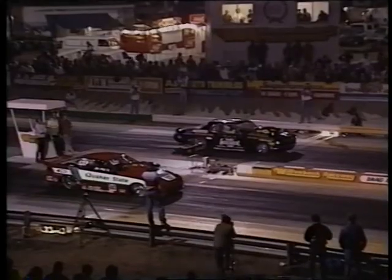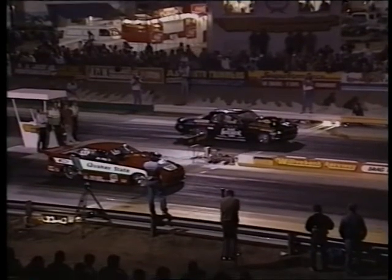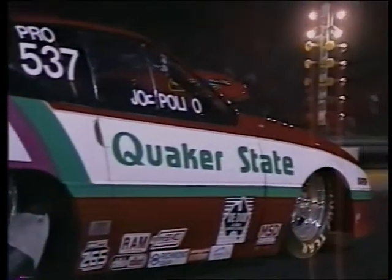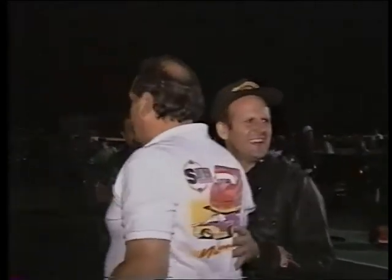And will we see another class record fall here? 8.18, the class record stands out at the moment, just waiting on Joe Polito to lock in, and he's done so, and they're away. And Hans Van Dyke, red lights, no fairy tale for the black taxi. Joe Polito puts a Ford into the winner's circle in Pro Stock Eliminator for the first time in a long, long while. 8.45,